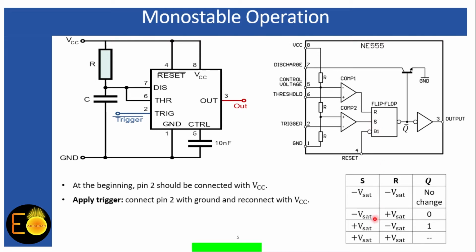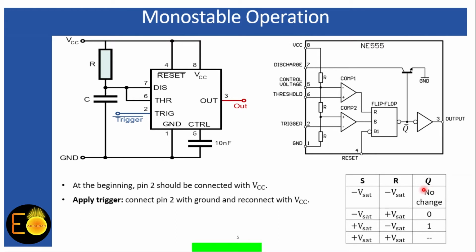But from the truth table of this RS flip-flop, we know how it responds to different inputs at its R input and S input. When both of these inputs are logic 0, which means minus VZ, no changes will take place at the output Q. Here I have denoted the output Q, but actually the circuit is utilizing Q bar, which is the complement